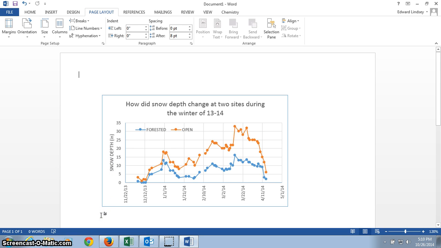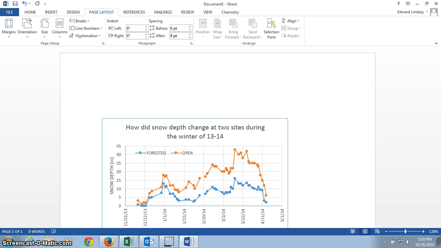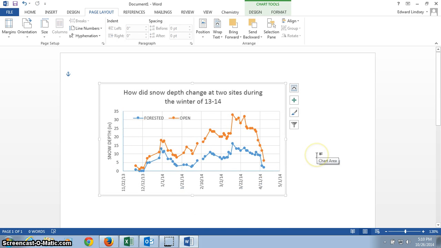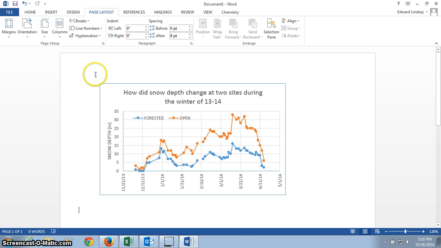So if you hit enter, you can type above your graph or you can type below your graph. There it is. So make sure the first thing you type is your name. And now you'll be able to type either above or below, and you can start